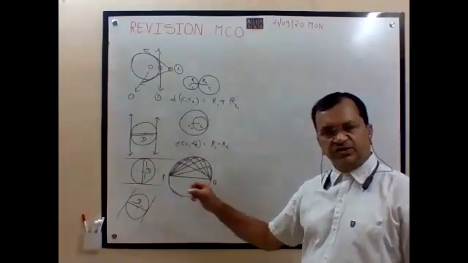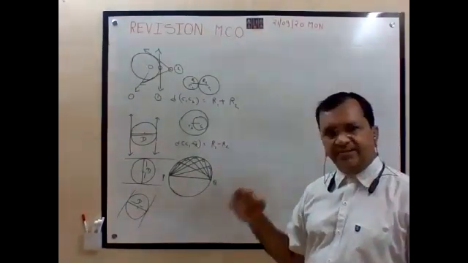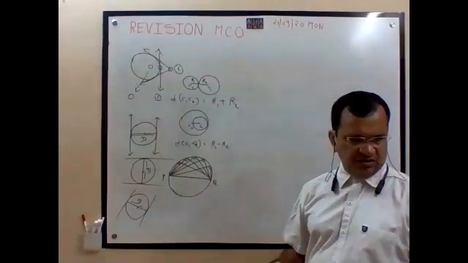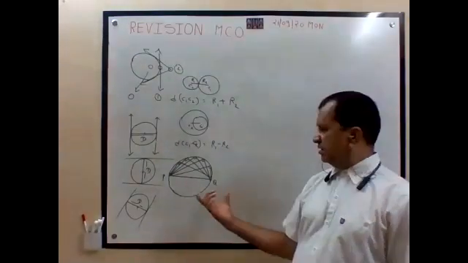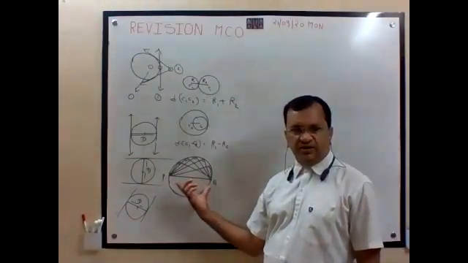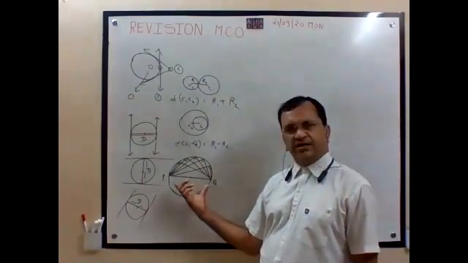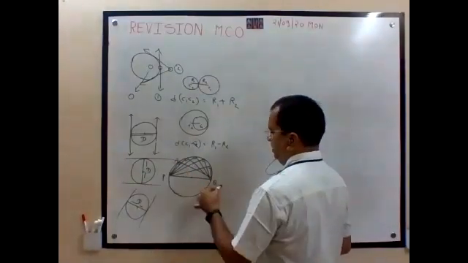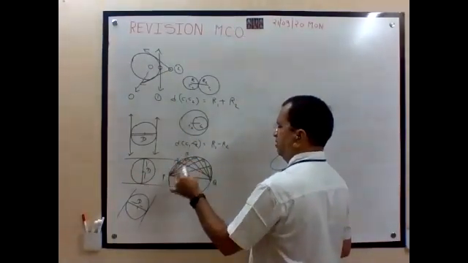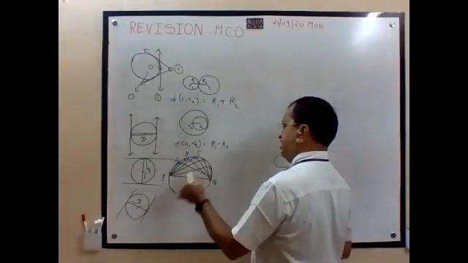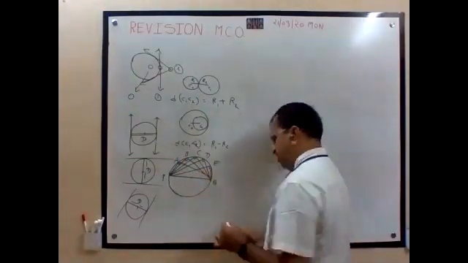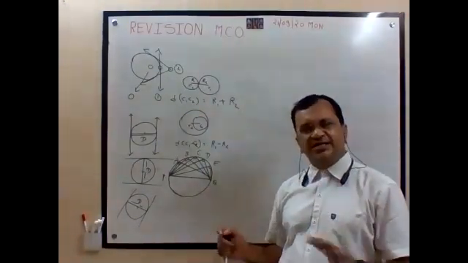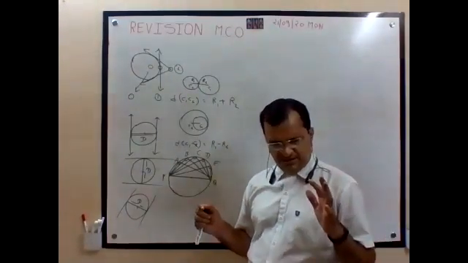In a circle, the diameter cuts the circle into two parts. Each part is known as a semicircle. And if you connect the endpoints of the diameter with any point, APQ is 90, PBQ 90, PCQ 90, PDQ 90, PEQ 90. So the angle inscribed in a semicircle is always 90 degrees or a right angle.